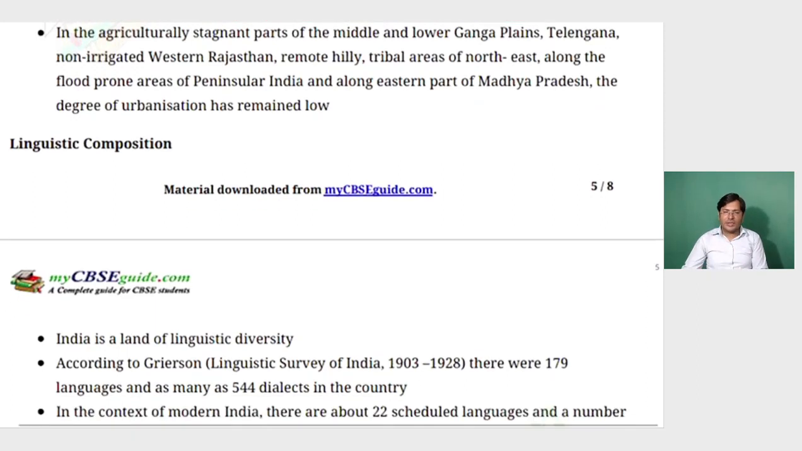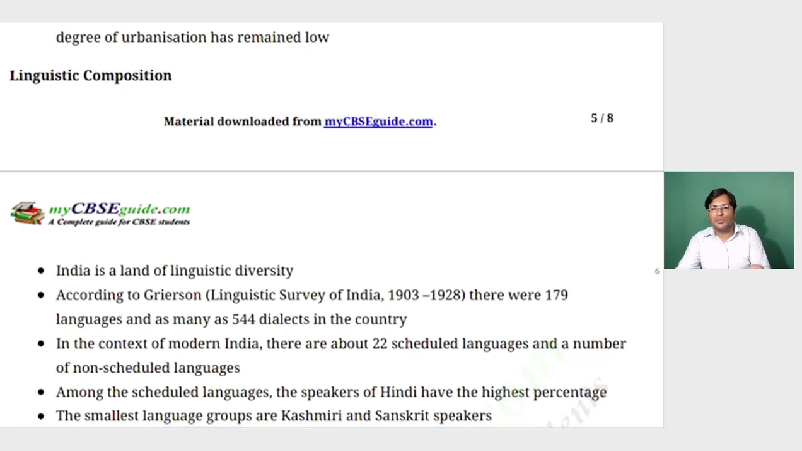Now the second part of the composition is the linguistic composition. Linguistic composition means the distribution of the population based on the language the people speak. मतलब जो लोगों की लैंग्वेज है, जो लोगों की भाषा है, उसके हिसाब से जो इंडिया की पॉपुलेशन है वो कितने पार्ट्स में बटी हुई है. And